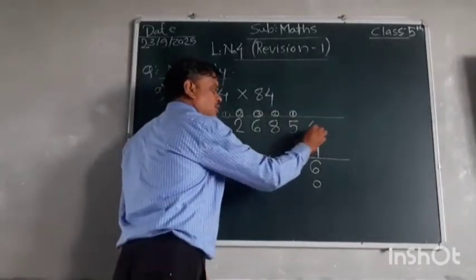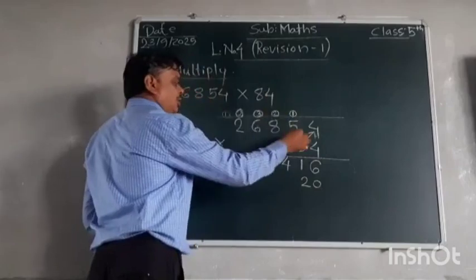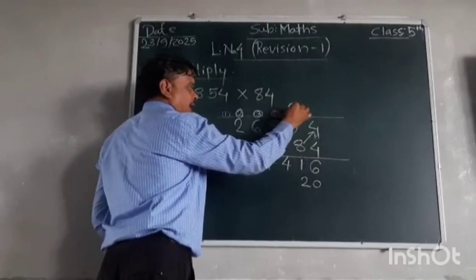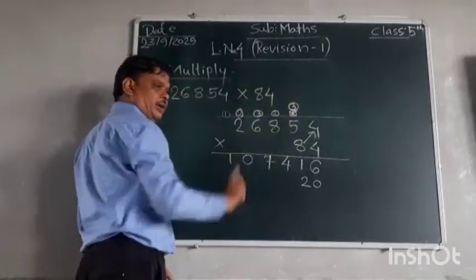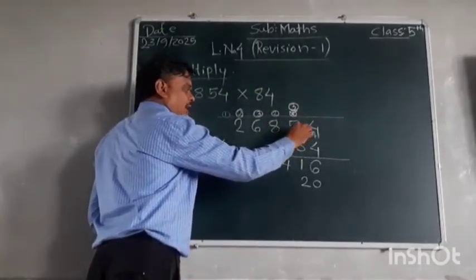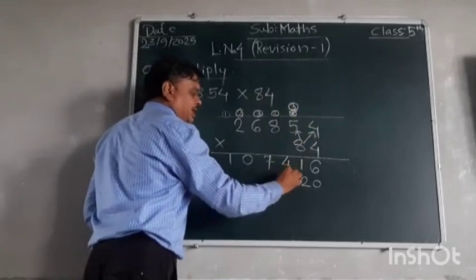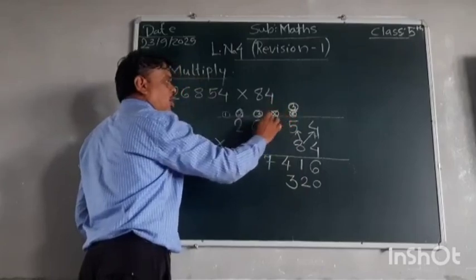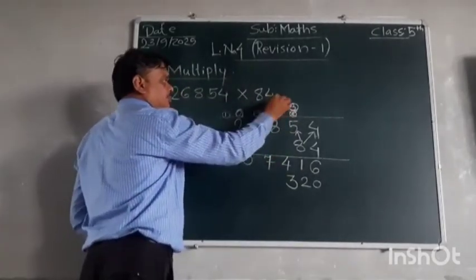Now in the same way you have to perform multiplication by 8. Now 8 fours are, very good, 8 fours are 32. You have to place the 3, which is the carry, over the tens digit. Now don't follow the old carry. Its work is completed. Now 8 fives are 40. So 40 plus 3, 43. Write 3 here. Place carry above the 100s place. 43, so 4 will be carry.